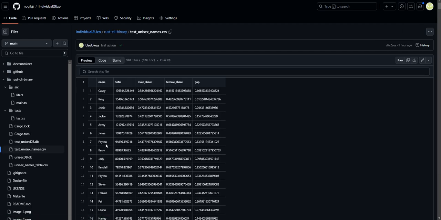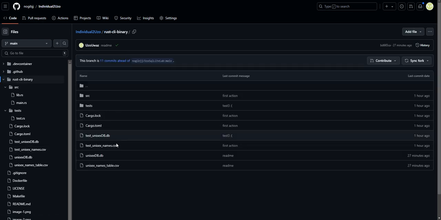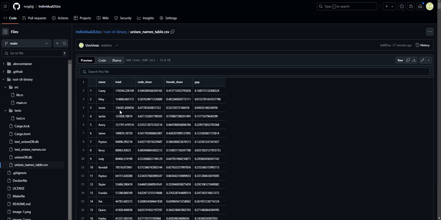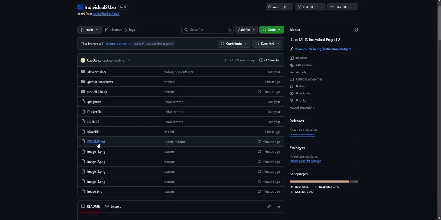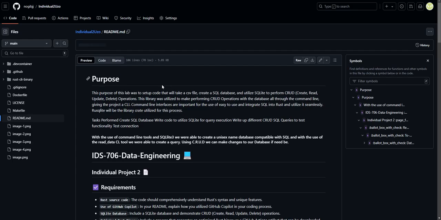So as we see, we have our CSV, and this would only work and come out if we ran things correctly. So we know that the code is working correctly, and I will take you to the final README to show you some of our